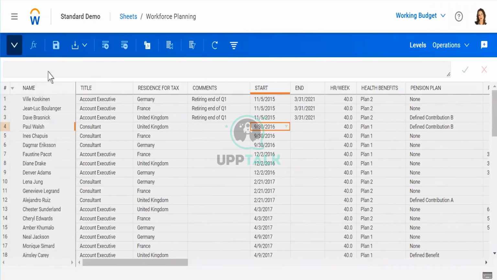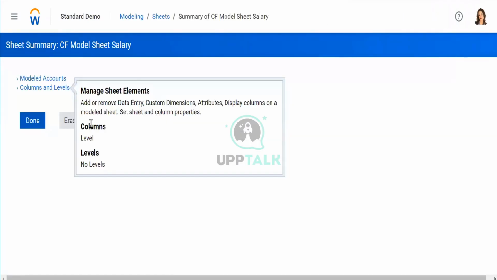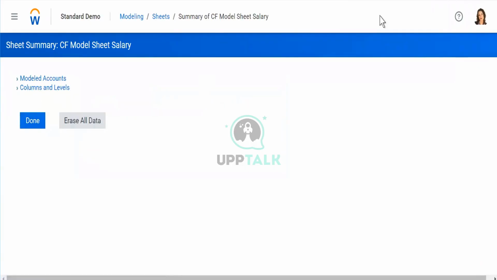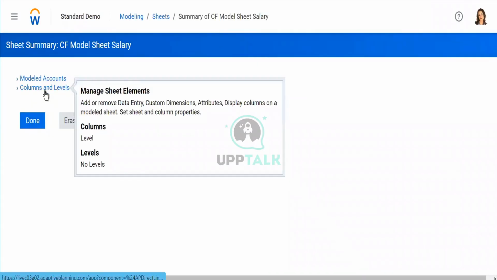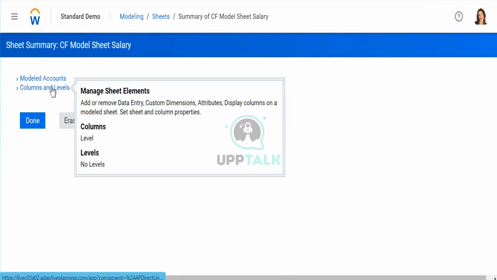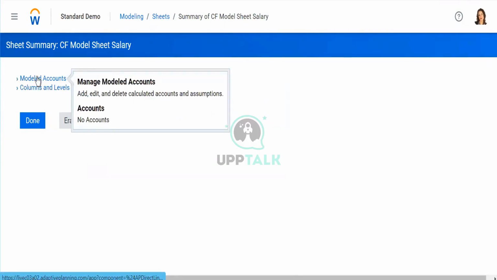If you want to add name, title, residence, come and start. Where will you come? Where you will click on these columns and levels and add those things. Whatever you want in the front end of the sheet, you have to come here in columns and levels. Whatever in the back end you want it should be mentioned in the model account.